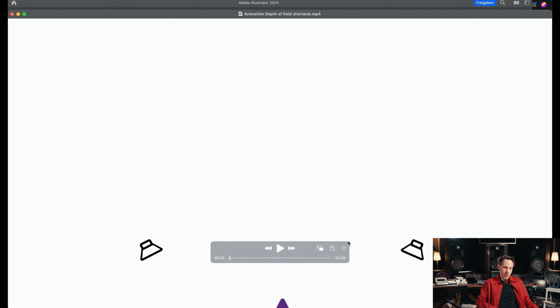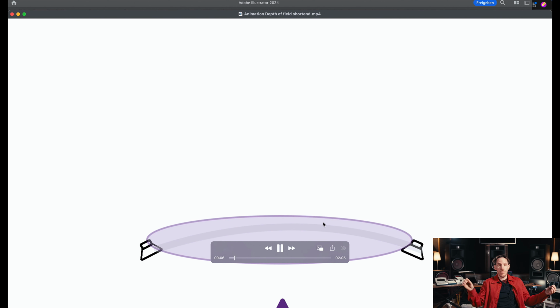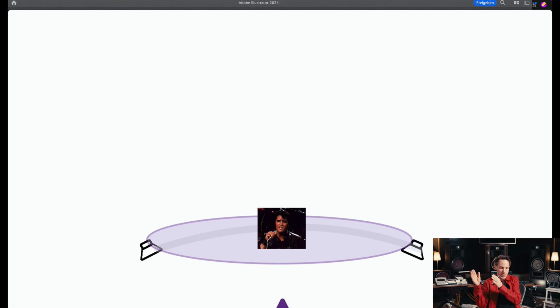I have a short graphic for what I mean with this staging, or with this creating depth of field. Usually we are able to place things between the phantom line. So whatever we have, we work with the pan pot, everything is in between. Either we work with panning, but then things are rather small.